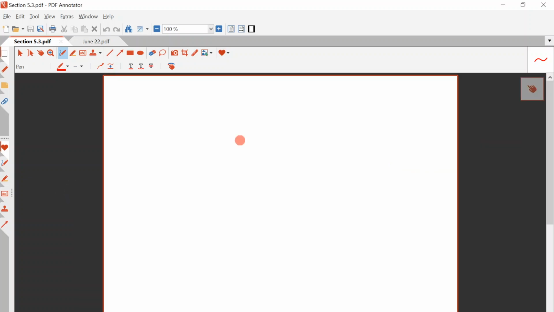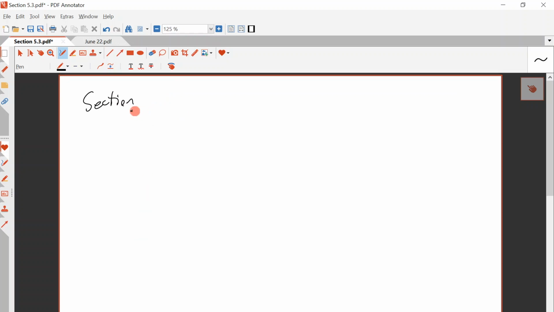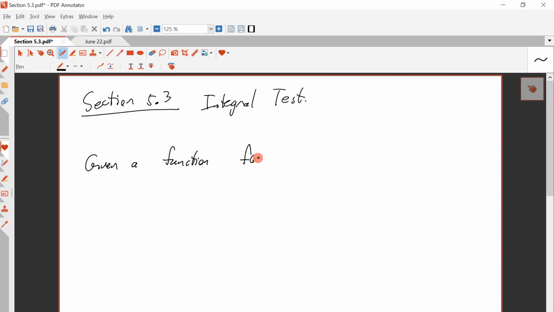Hi everybody. This is the lecture on section 5.3. It is on the integral test. So, given a function f of x defined for all x bigger than or equal to 1, say, okay, let's compare